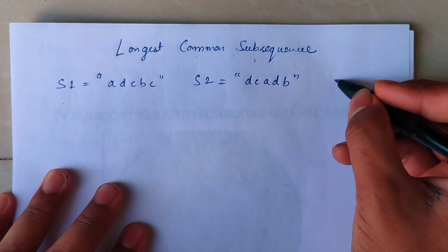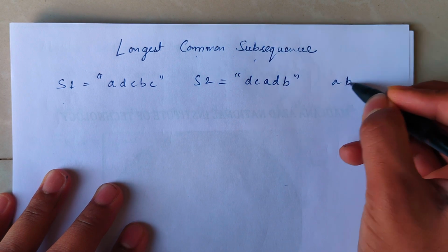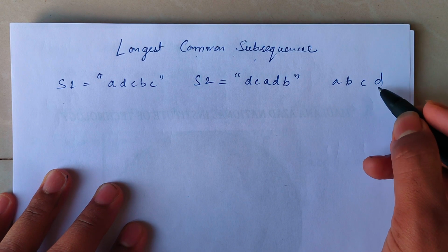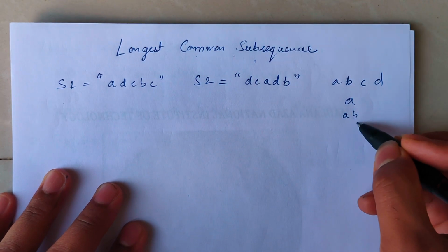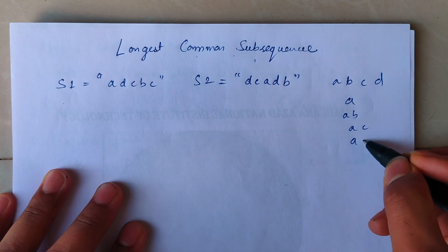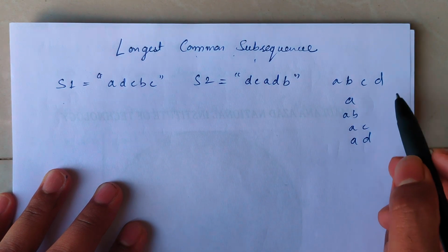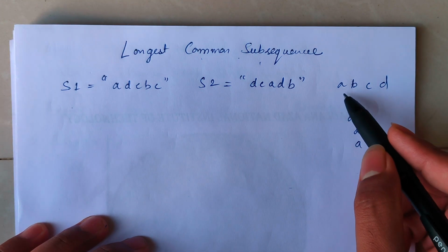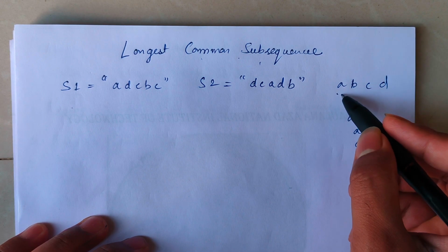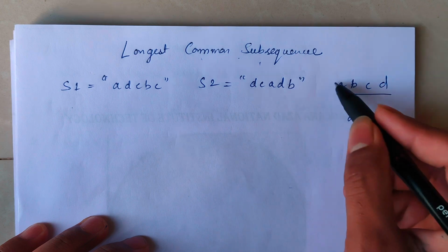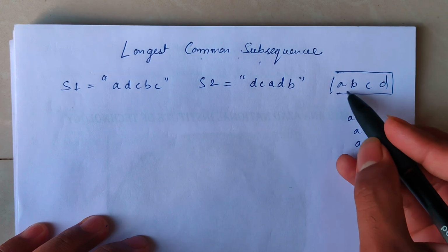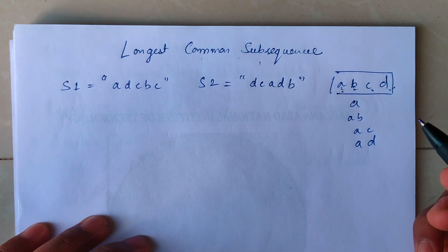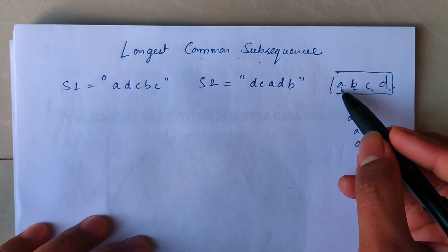Suppose we have A, B, C, D, right? So the subsequences could be A, AB, AC, AD, anything, right? The subsequence is any sequence of this string. It could be ABC, ABD, AC, BD. But what is the thing here is it could be